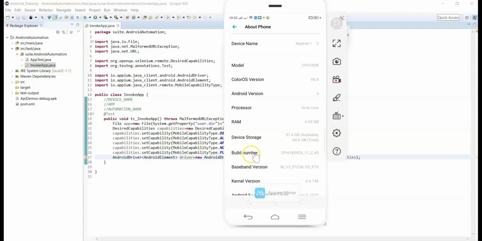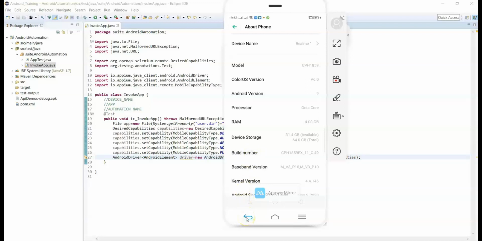Then developer options will be enabled in your mobile. As I already enabled developer options, this operation is not required as you are already in developer mode. So before enabling that one, you need to tap on build number 7 times. Then developer options will be enabled.